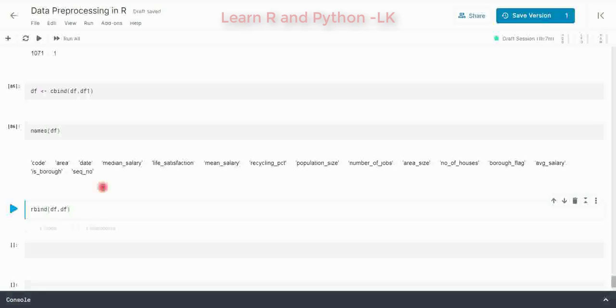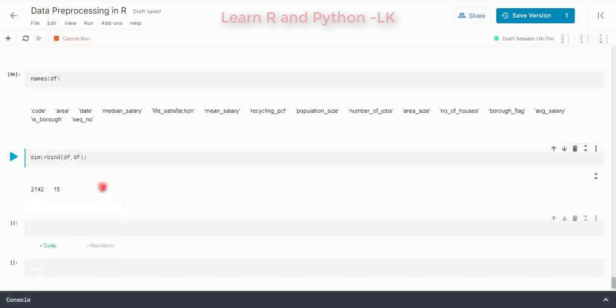Just giving the same data frame again, just to see the dimension, so we can confirm the number of rows got increased, because we just want the same data frame again, right? So it is 1071, twice it is 2142. Okay,